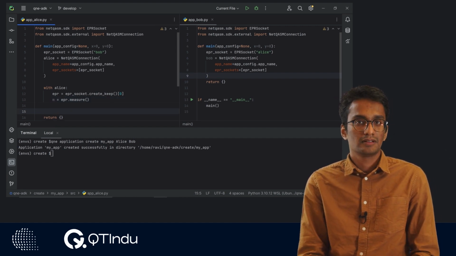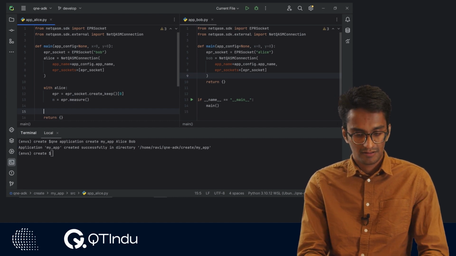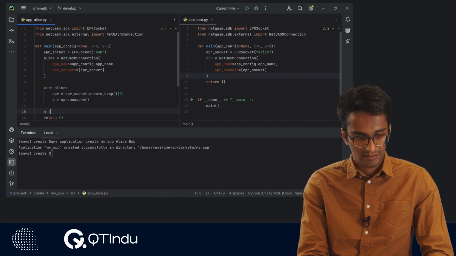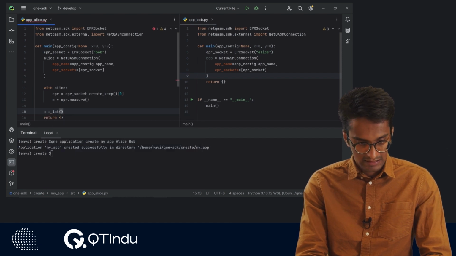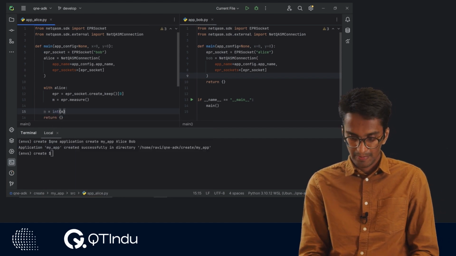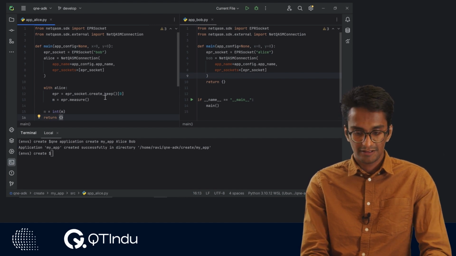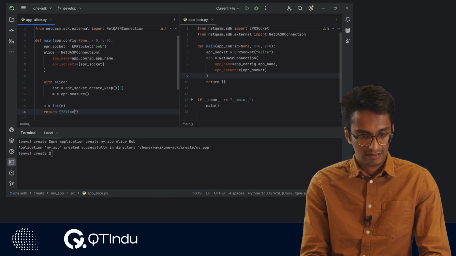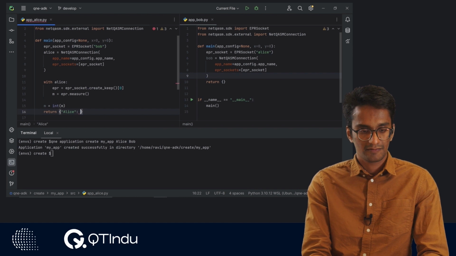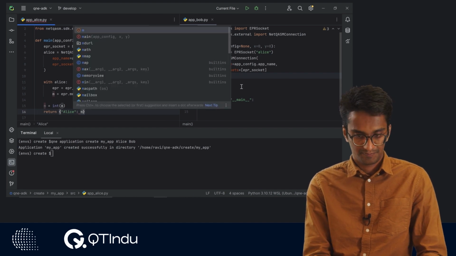Now it is important to convert this measurement result into an integer because that is what we are after. So we're going to cast it by using the following command: int equal. And finally, Alice returns this result. This is provided as follows. In a dictionary, we type in from Alice, we get m.